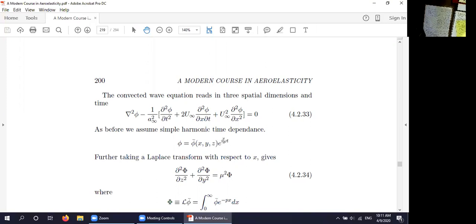So we're going to assume simple harmonic motion with a frequency omega. And in principle, you can think of that as a Fourier transform in time, and we could invert it in principle and do transient motions. But as I discussed in our flutter analysis revelations, simple harmonic motion is what people mainly use, and even for gust response, using the ideas of power spectral density, they mainly use the simple harmonic motion result for unsteady flow.